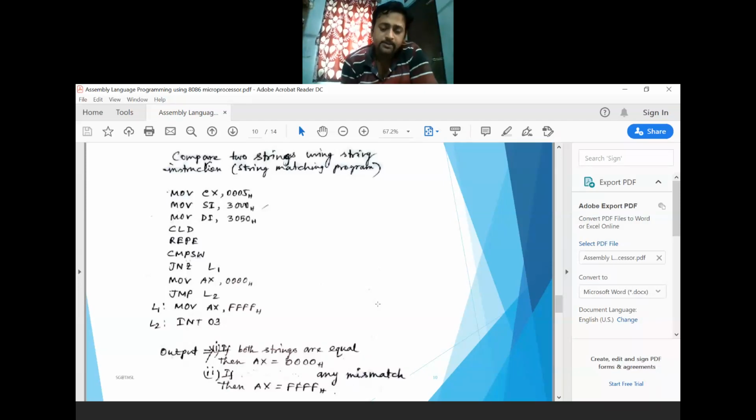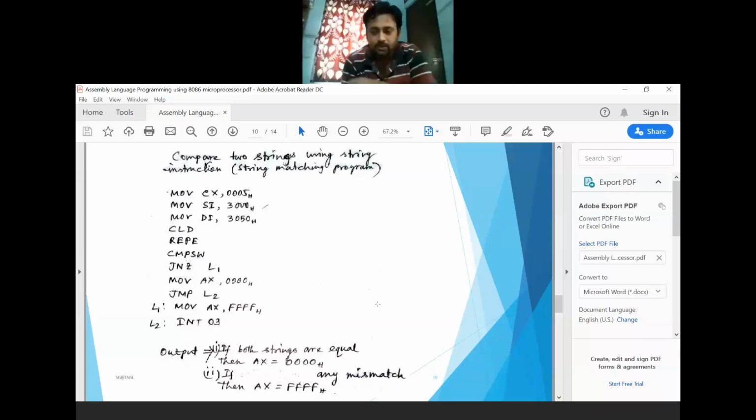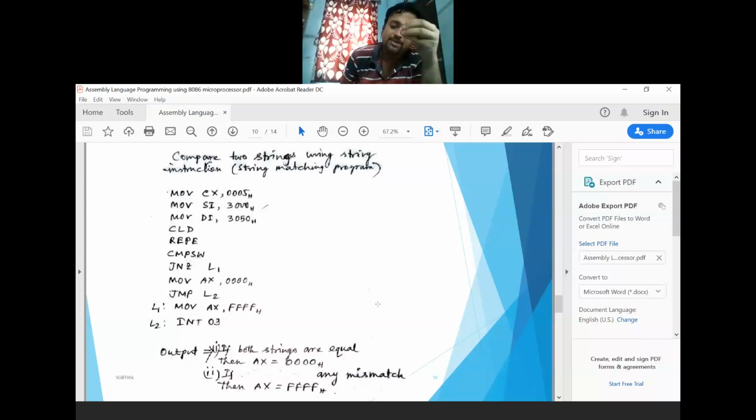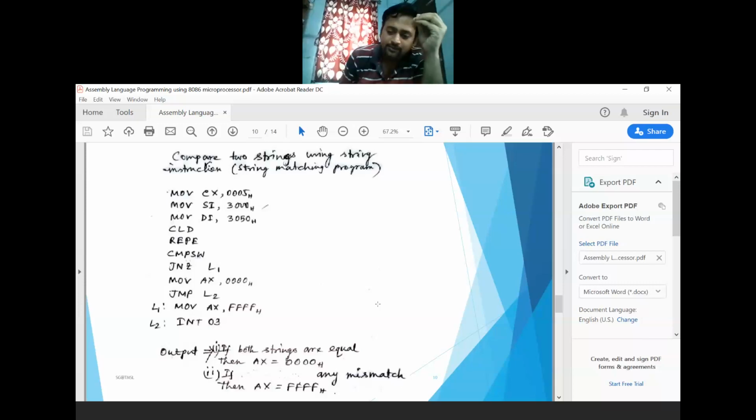Hello, sir. Sir, if there is a mismatch in the second byte or second word, then the program will not go for comparison of the further bytes, like the third or the fourth byte of data? Yes, it cannot go to the next, because I need to find whether there is any mismatch at any position, it may be in the first position or the second or maybe the last. So if any mismatch is found anywhere, it cannot execute further instructions.